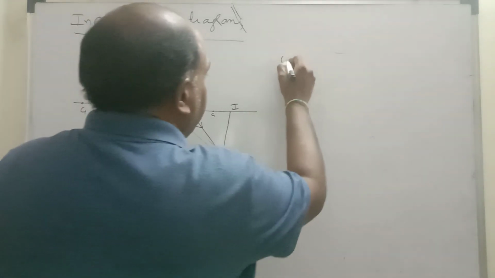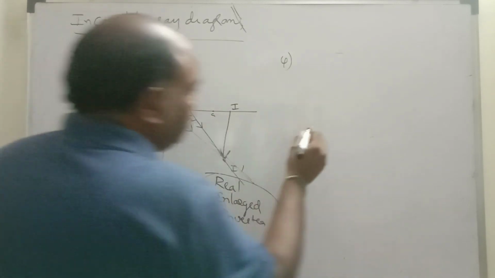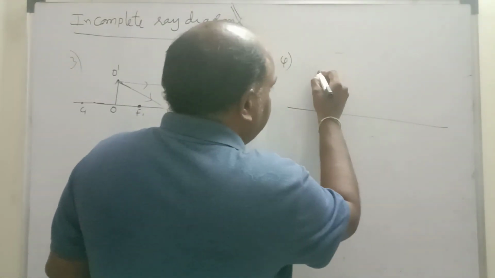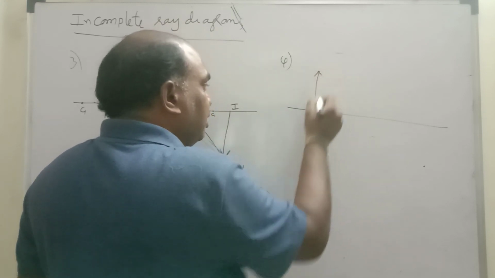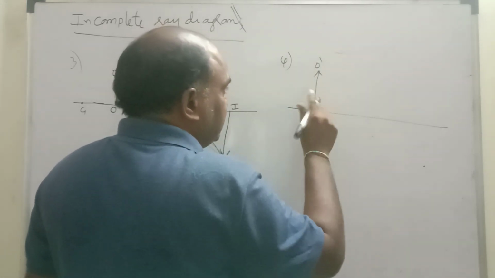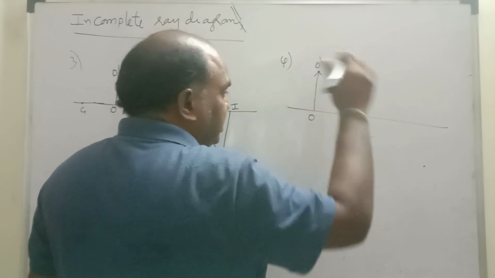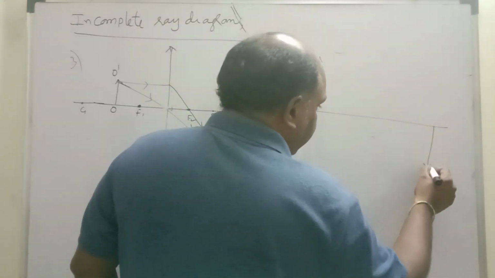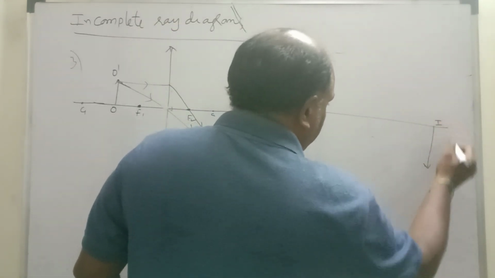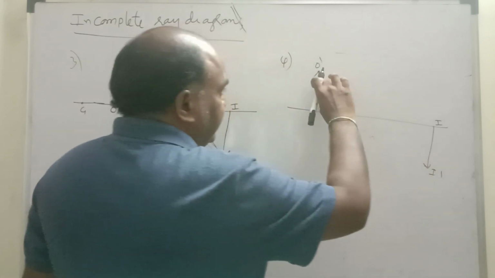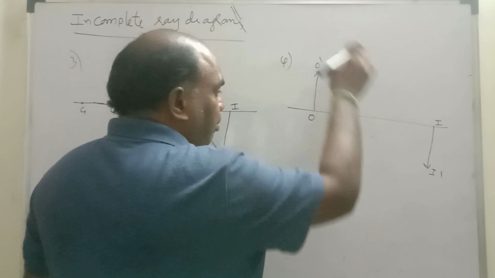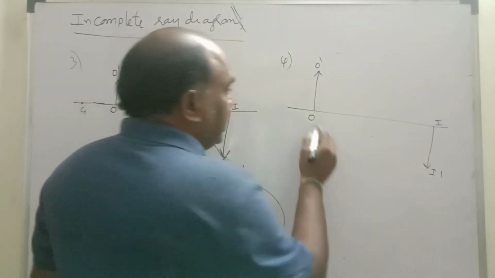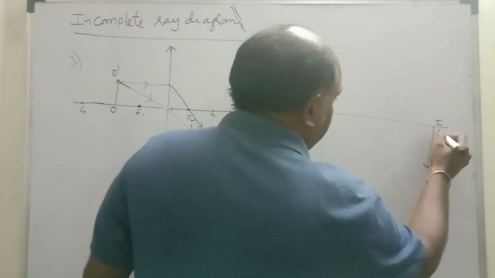One more question we will see, fourth question. This is the third question. Here one dot is given, here another dot is given. Same scenario, draw one line. Let this be the object, O dash. O is object, O dash is height. This is the image. You can adjust, no problem, I dash. Same size, object size is equal to image size. But it is inverted, arrow mark upwards, here downwards. So definitely it is at C1, this will be at C2.